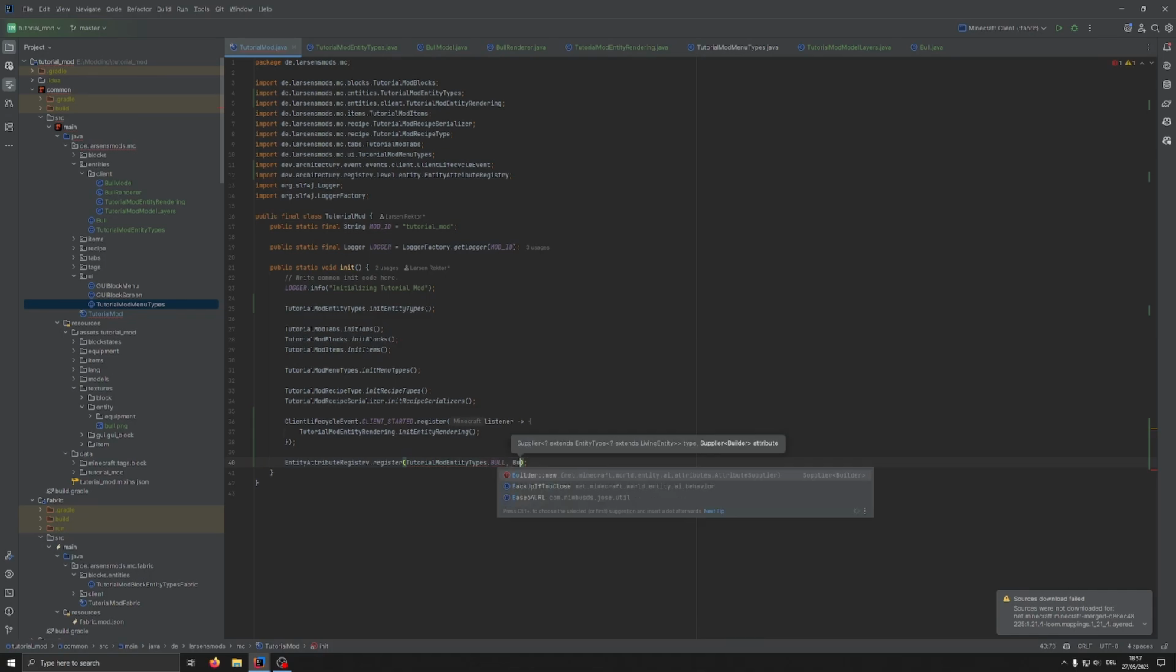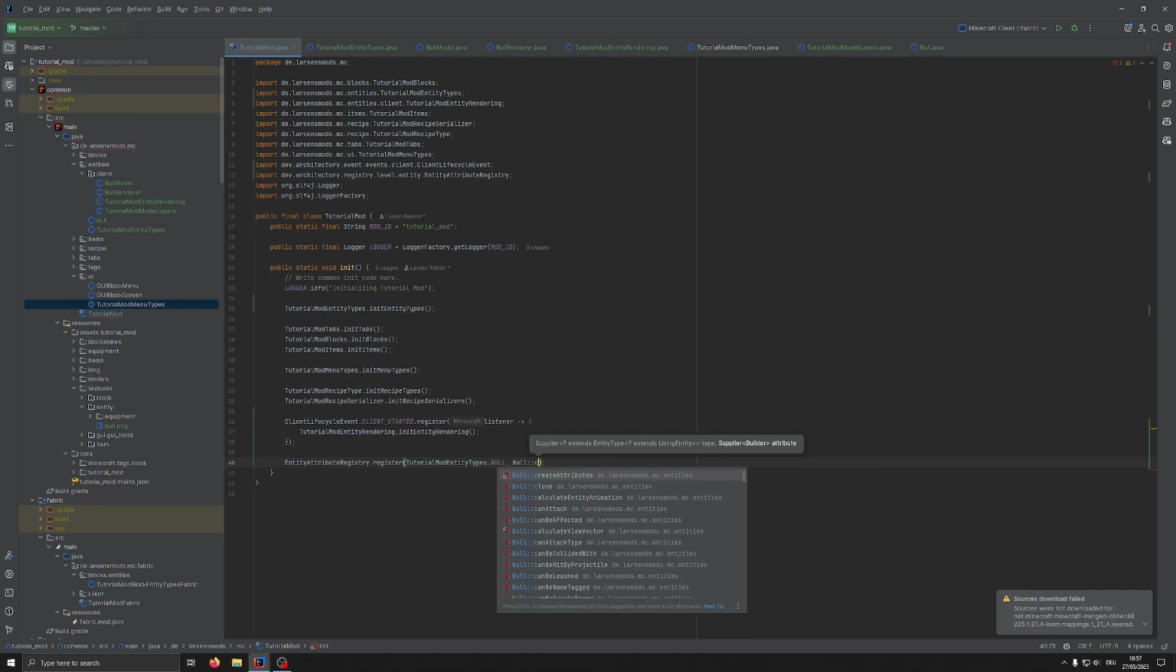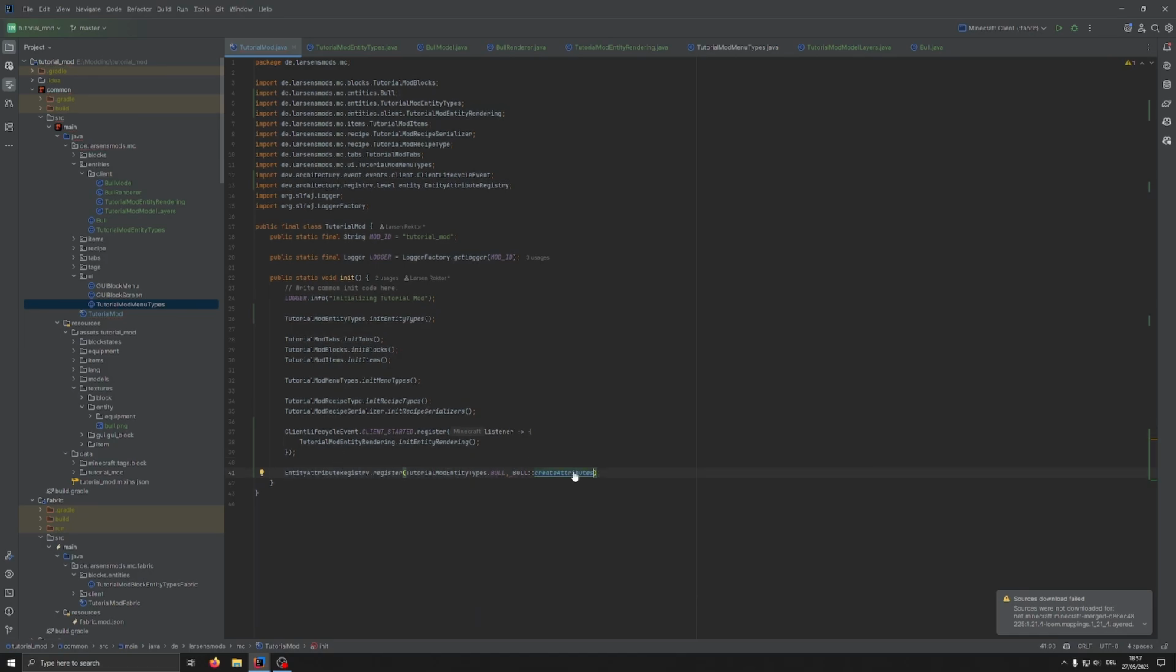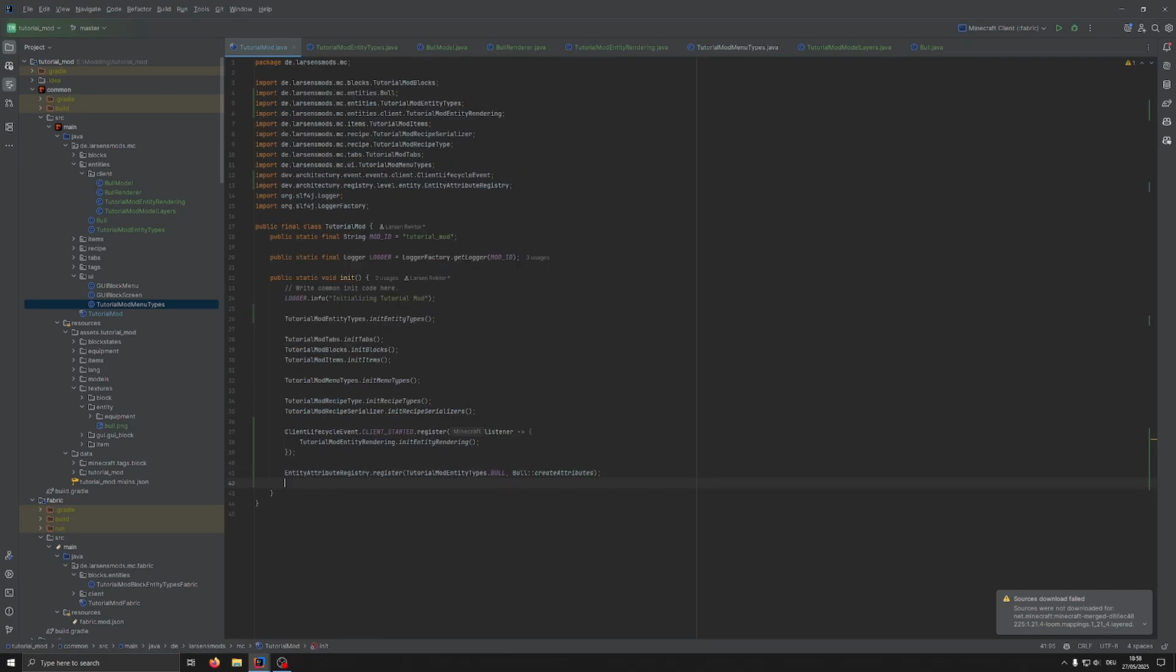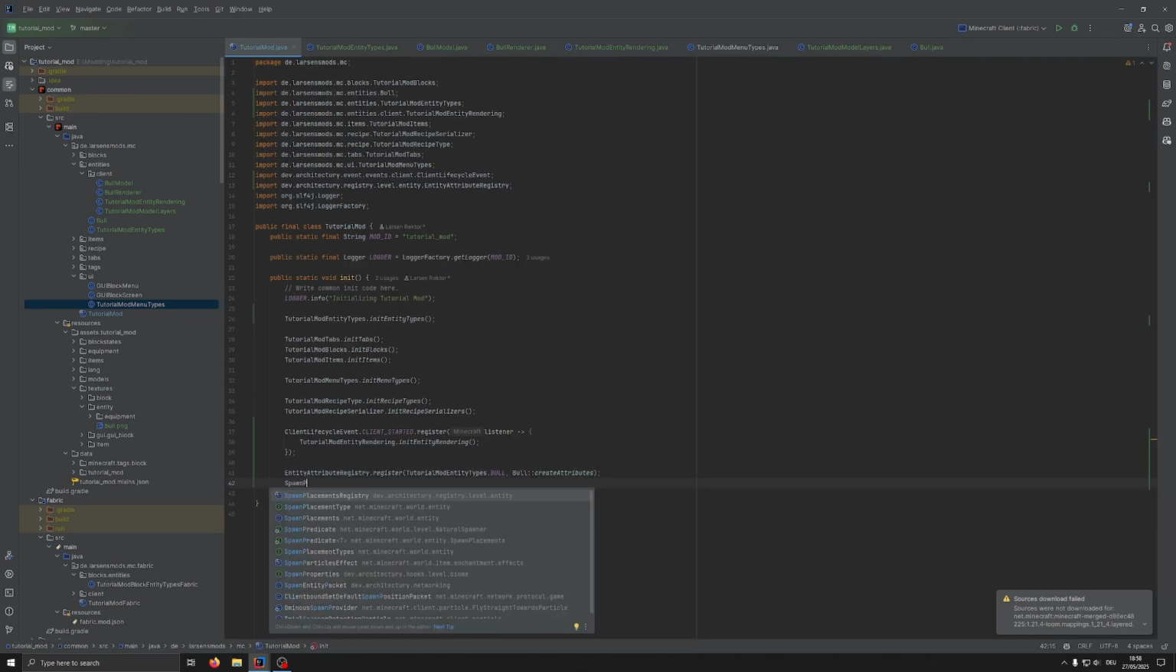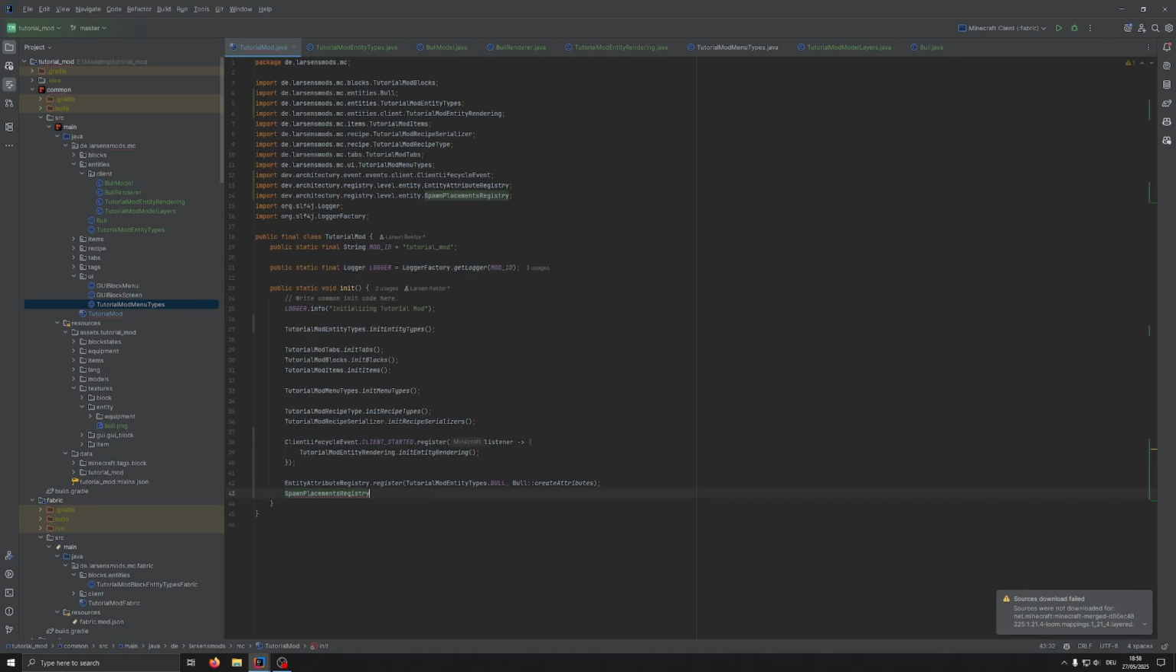And for this, the class we have created has the create attributes method. In this case, it just uses the attributes from the cow, so a bull has the same attributes as a cow, but essentially if you want to override those, you can see here you can use animal.createAnimalAttributes and then add the different attributes. And the second thing, we want to add the spawn placements registry, and in here we